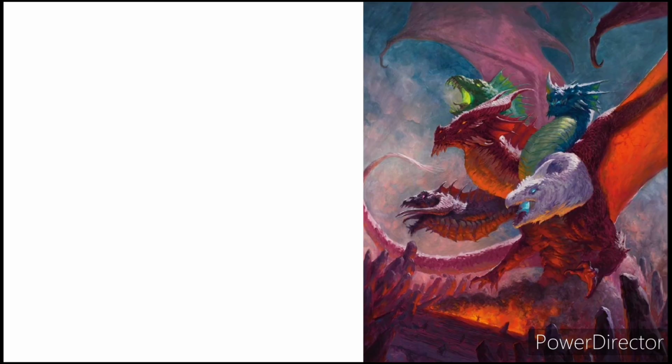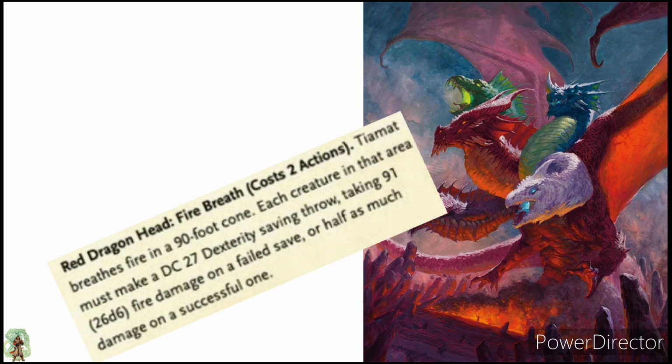Let's go ahead and crunch some numbers here real quick. Let's say you're battling Tiamat once you reach level 20, which I'm sure by that time you should be facing off against Tiamat. If you are playing this version of the build, the Kalashtar Totem Warrior Barbarian with the Way of the Astral Self Monk, if Tiamat uses her Fire Breath, which is her most damaging breath, at 91 fire damage, you as this Way of the Astral Self Totem Warrior Barbarian Monk